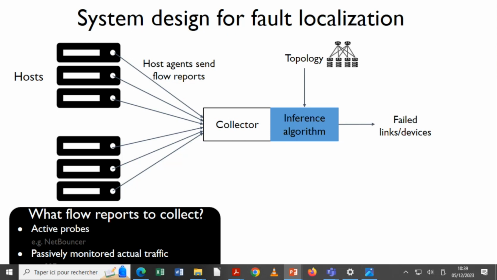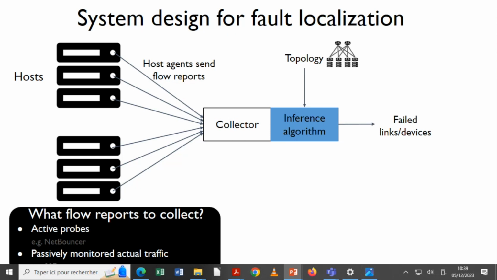The advantage here is that the agents can control where the probes go, the path of the probes, and so on. But the disadvantage is that they can only send a limited number of these probes, and these probes might also take a different data path than the actual traffic.